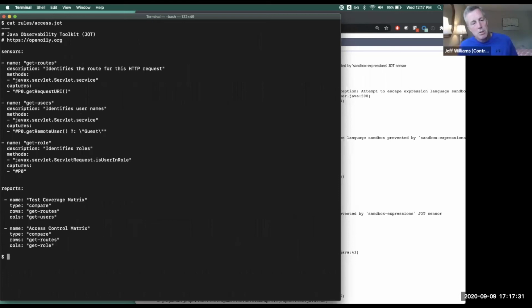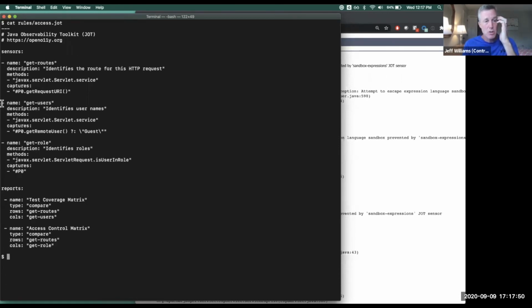Yeah, the goal of the jot project was to make instrumentation easy enough that anybody, or any developer, could do it. And so, you can see here that the whole jot for access control is just this. It's a couple of sensors.